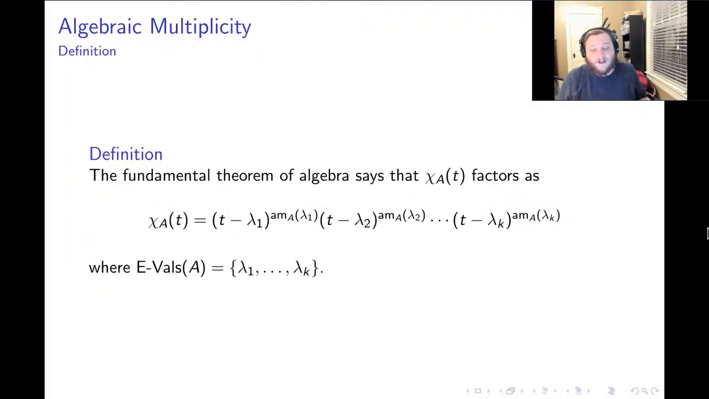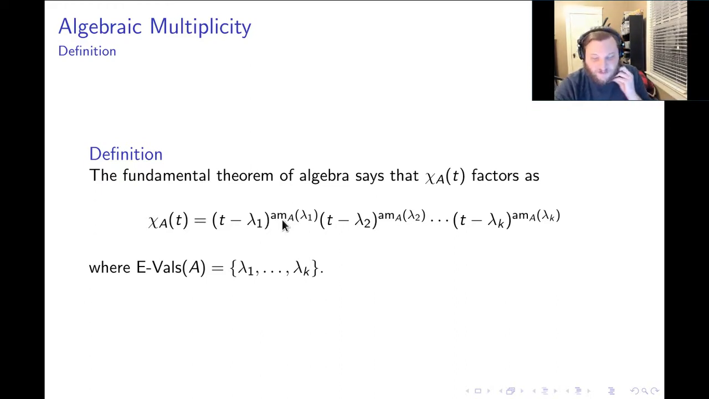So let's see what else we can say about the characteristic polynomial. We've already seen that the roots of the characteristic polynomial are the eigenvalues of our matrix. Remember that the fundamental theorem of algebra says that every polynomial factors as a product of terms of the form t minus a root raised to the multiplicity. So theoretically, our characteristic polynomial factors as t minus the first eigenvalue